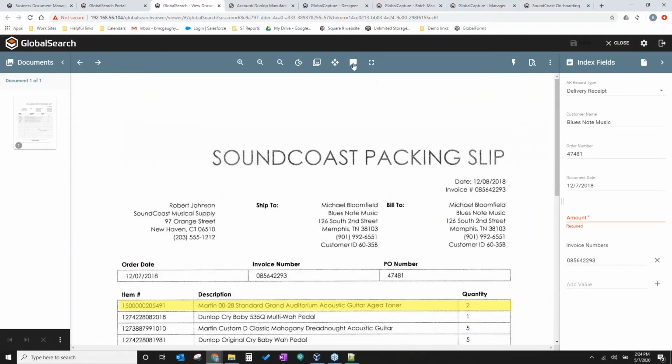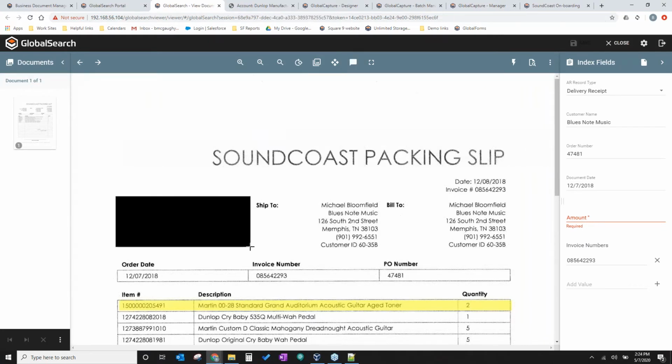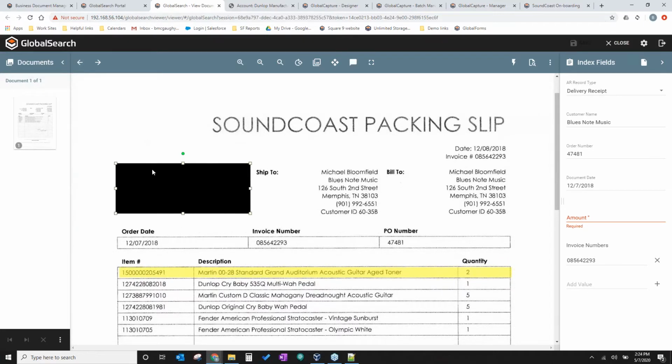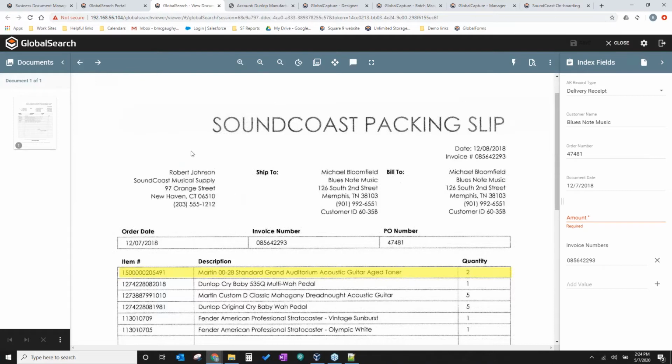Now, some of the other annotations that we have, just real quick, we can do some redaction. So if you had some information that you wanted to hide from particular people and individuals, you can go ahead and redact that information. One of the cool things about this feature is through our security policies, we can prevent certain people from actually removing that and looking at what's behind it. So if you have sensitive information and you want to give everybody access to it, but you want to hide particular fields and information on the page, you can go ahead and do that with those security features.